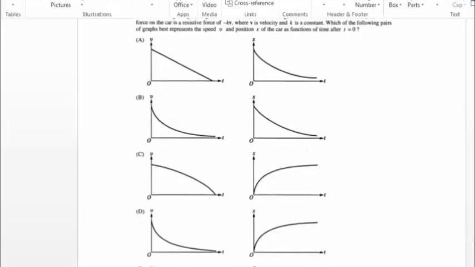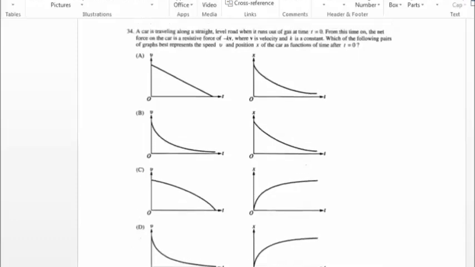So in this problem, a car is traveling along a straight level road. When it runs out of gas at time t equal to 0, from this time on the net force on the car is a resistive force of minus kV, where v is velocity and k is a constant. Which of the following pairs of graphs best represents the speed v and position x of the car as a function of time after t equal to 0? First it is